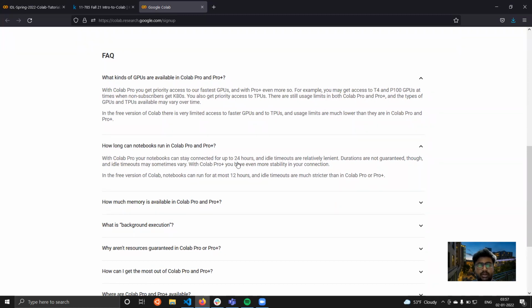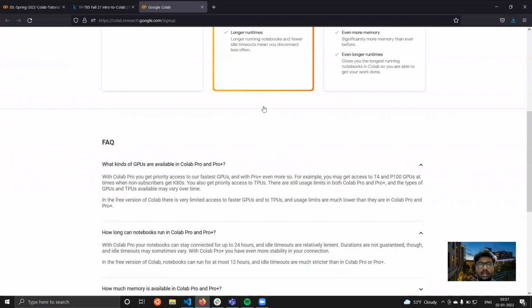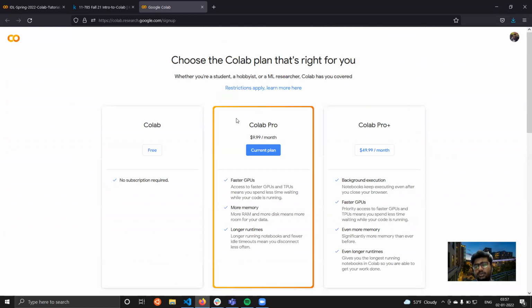You get up to 24 hours of persistent connection without any timeout, whereas with the free tier, it's just 12 hours. You also get slightly better GPUs with the Pro subscription. However, even though I do recommend Colab Pro, the free tier is more than enough for all of the assignments throughout this course. If you start well in time, you can definitely work well with just the free tier of Colab.